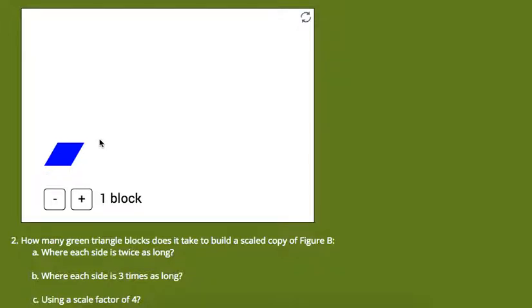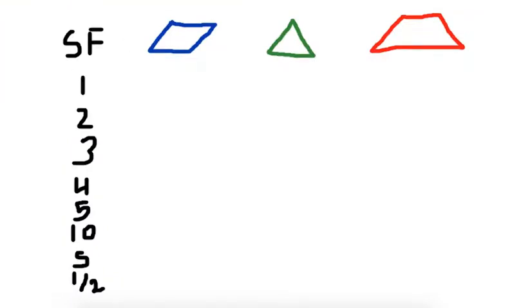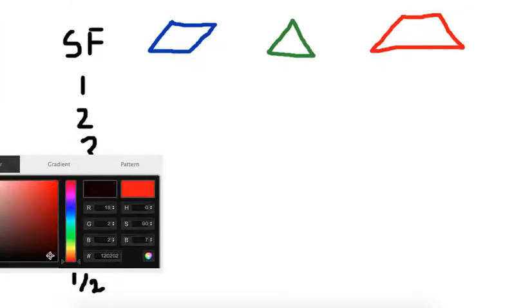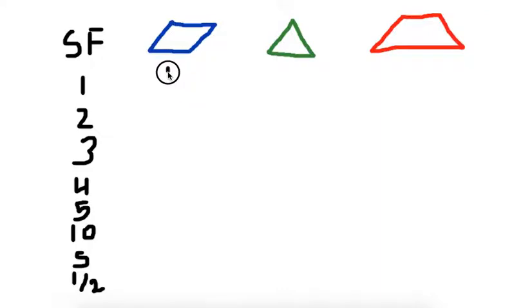We have one rhombus, and if you have a scale factor of 1, that means you have exactly the same shape that you had before. So 1 by 1 by 1 by 1. How many shapes does it take to make this? It takes 1 block here. So I can mark in for myself when I have a scale factor of 1, it's going to take me